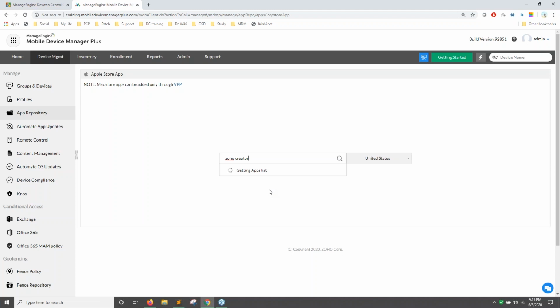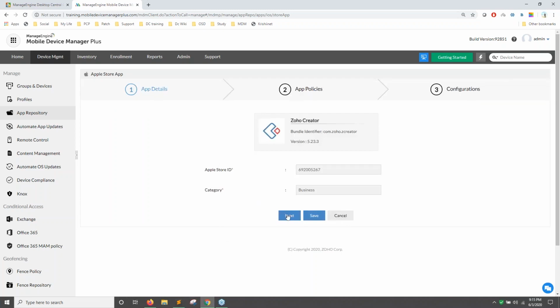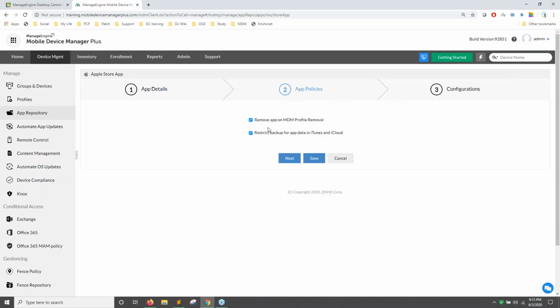Let's assume I'm trying to deploy the Zoho Creator application using my MDM tool. So I'll just click on the app, and I can also configure certain app policies. In case I wish to remove this application when the MDM profile is removed from the device, I can enable this option. If not, let the app stay even if the device goes outside the management scope, and you can uncheck. And also you have an option to restrict the users from taking a backup